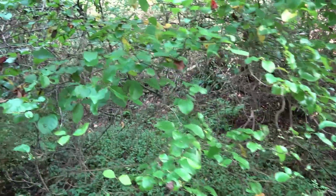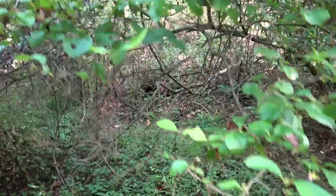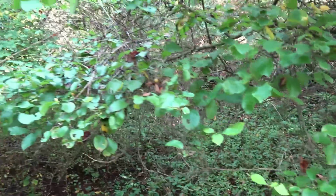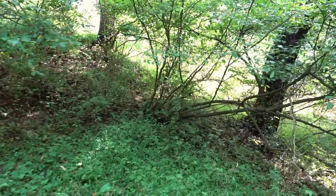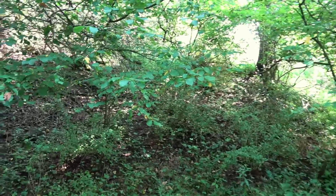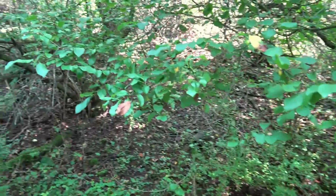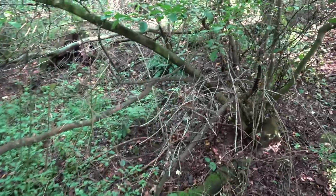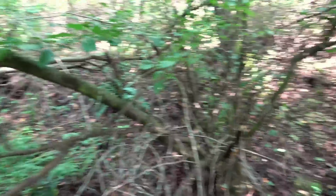Is there something up? Or is that just a tree stump? I think that's just a tree stump in there. Yeah, now I'm starting to see cars. You know how that works. Yeah, all kinds of trash back here though. Alright,